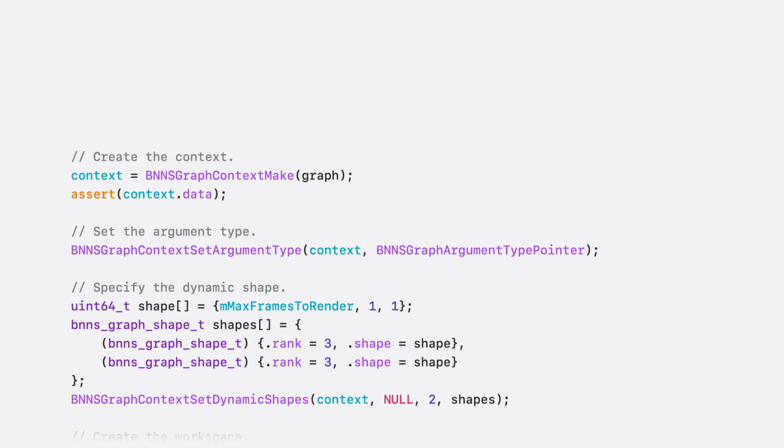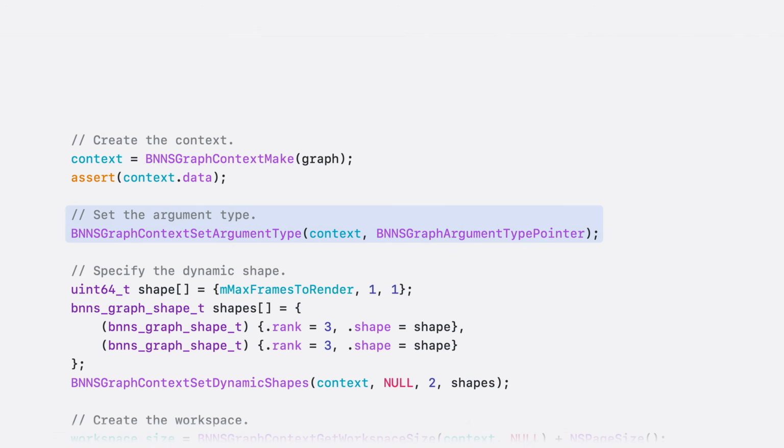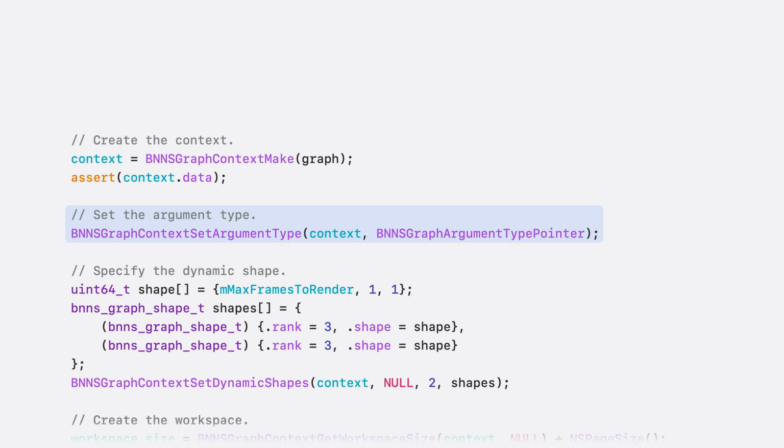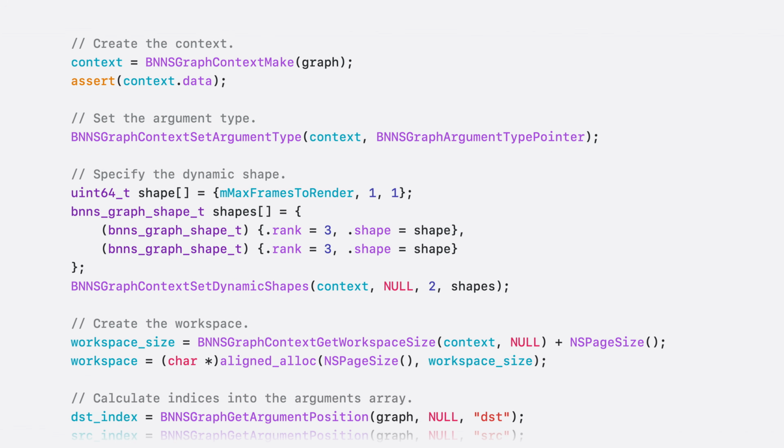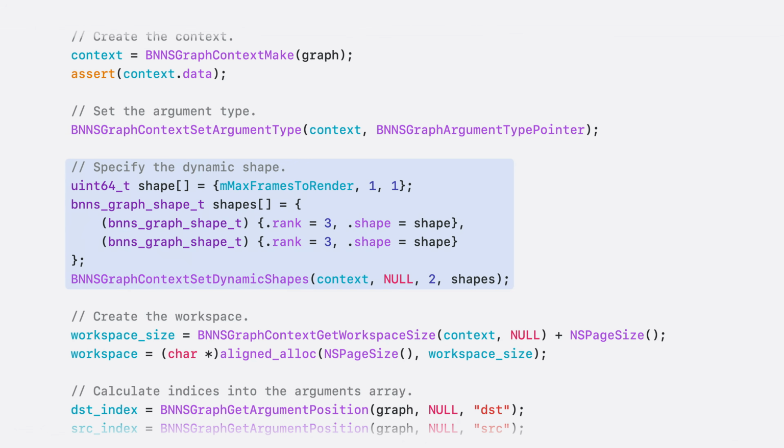BNNS graph can work with tensor structures that specify shape, stride, and rank and point to the underlying data. Or it can work directly with pointers to the underlying data. Because this demonstration will work directly with audio buffers, I'll specify that the context arguments are pointers. We want to make sure BNNS doesn't allocate any memory while it's processing the audio data.